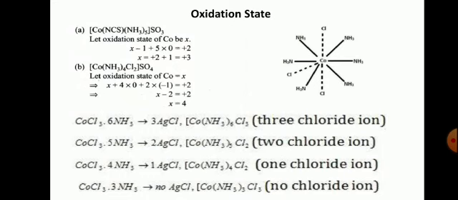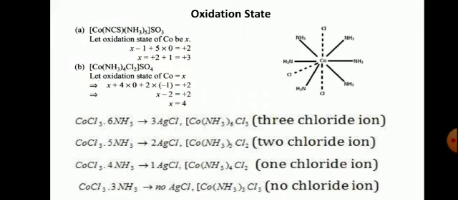So X - 1 + 0, and the charge on the complex ion will be +2, as sulfate SO4 is 2- or sulfide SO3 is 2-, so the complex will be +2. Hence it will be X - 1 + 0 = +2. If you calculate this, you will get the central metal atom as +3. Similarly, in the second one, the coordination number is 6, as 6 ligands are attached to it.